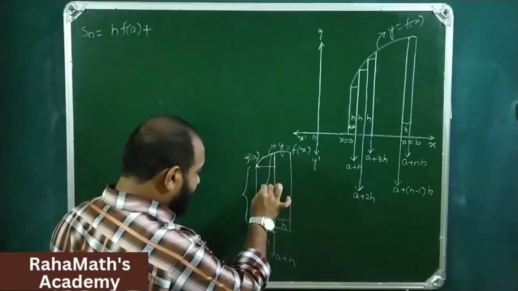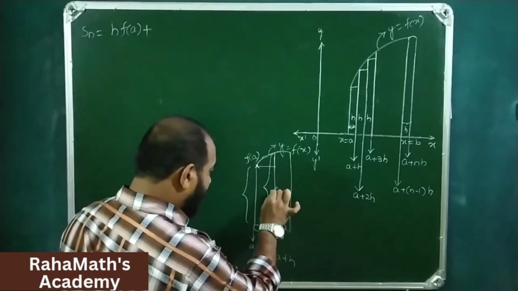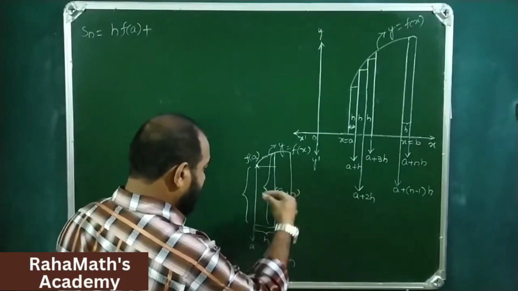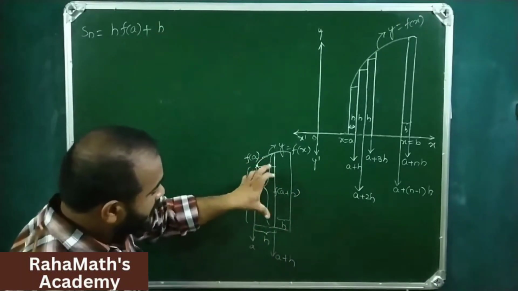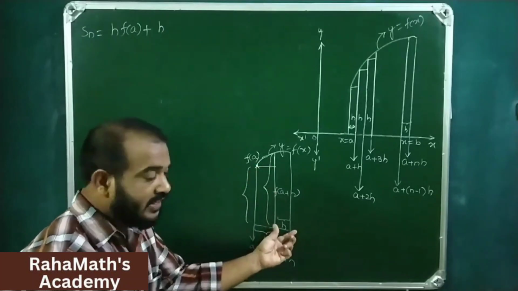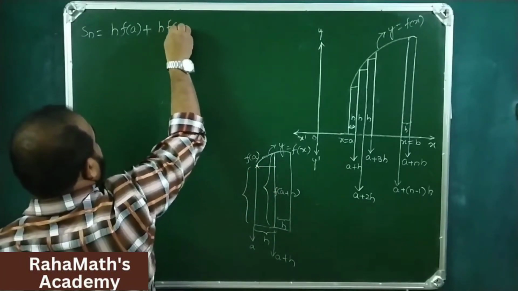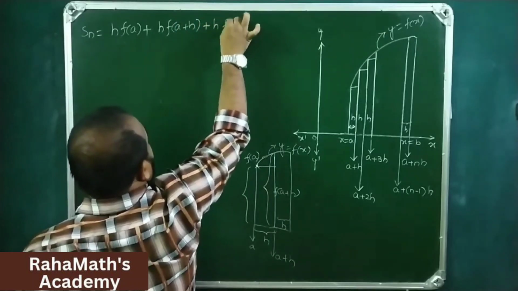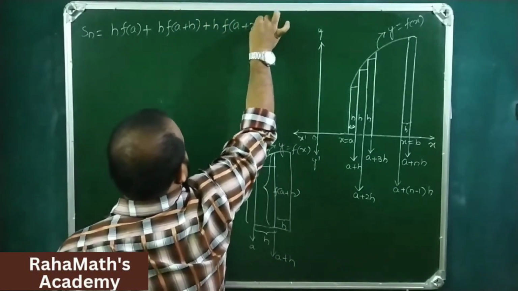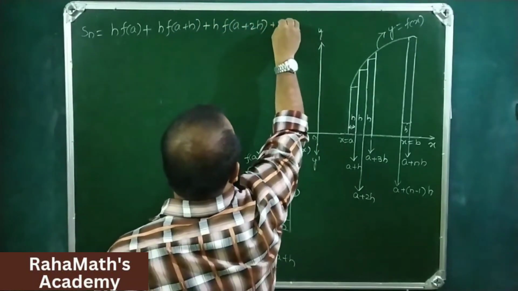So the height is f of a plus h. So width h into height f of a plus h. The next term will be h into f of a plus 2h, etc., plus